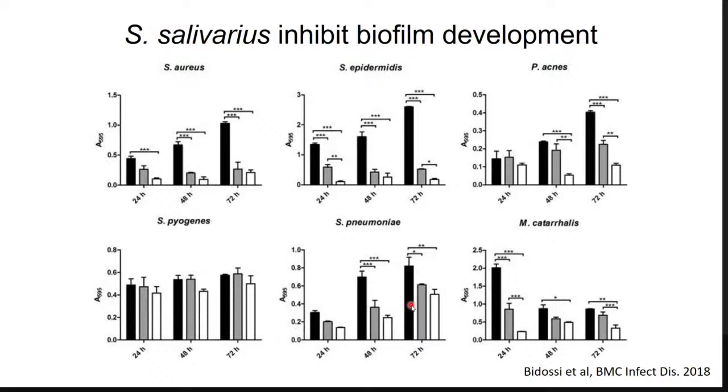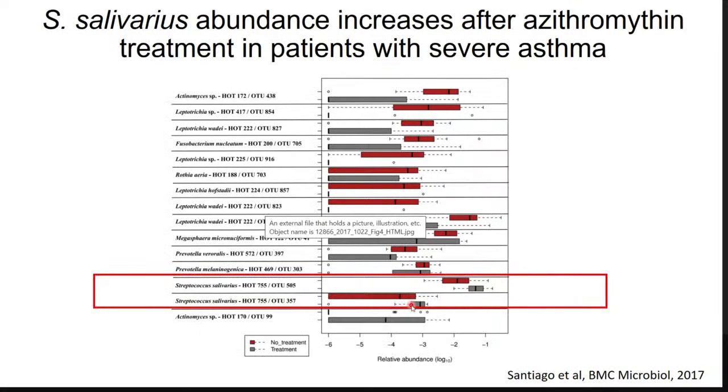Salivarius has been shown to be beneficial. It can inhibit a lot of biofilm development by pathogenic bacteria. This is an in vitro study, and it is good evidence that it may play a beneficial role in asthma. In another study, azithromycin was used to treat patients with asthma. After 5 months of treatment, the salivarius strains increased about 5 times. Most bacteria decreased, but salivarius increased. This is another indirect piece of evidence that salivarius may benefit